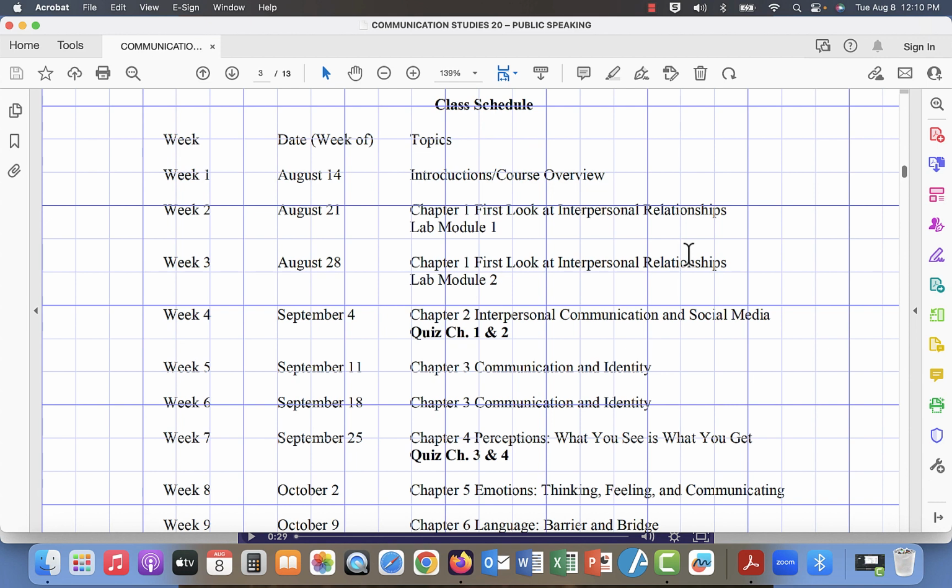So the way I have this thing structured is I have 3 columns. The first column is week, so we have 17 weeks. And then I have the week of, and that usually starts on Mondays. So Monday 14th, 21st, August 28th, those are all Mondays. That embodies the work week that we're in.